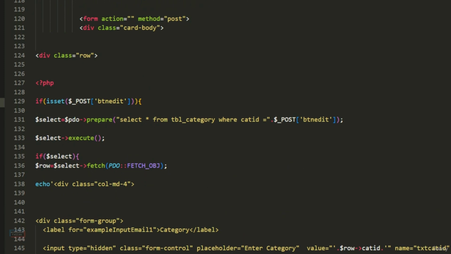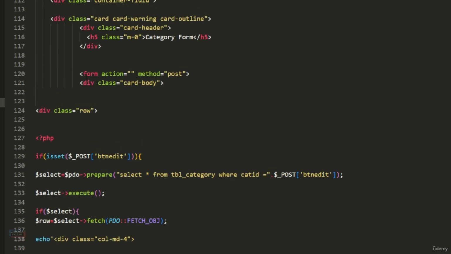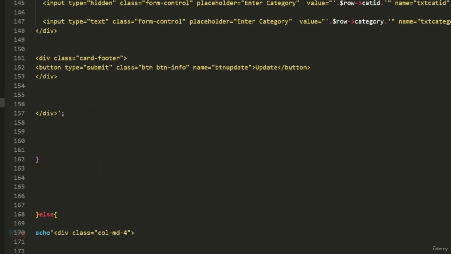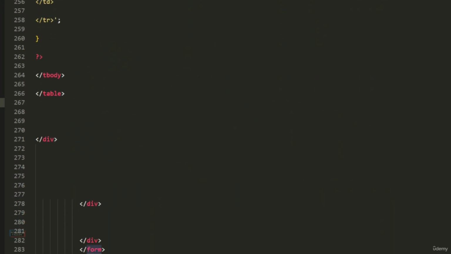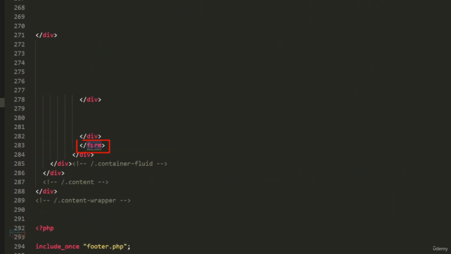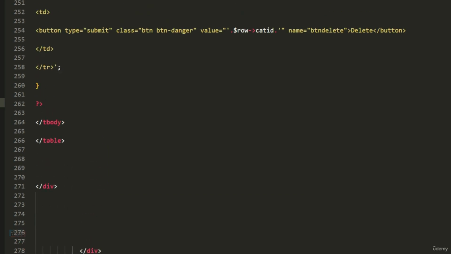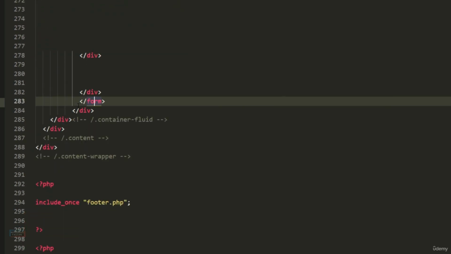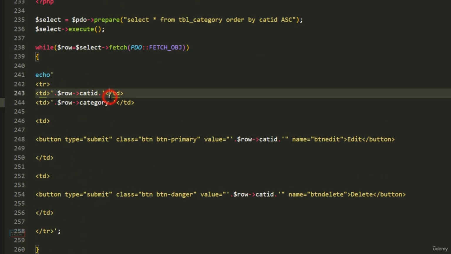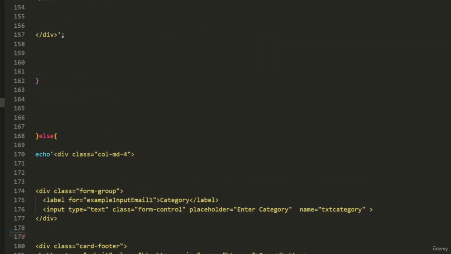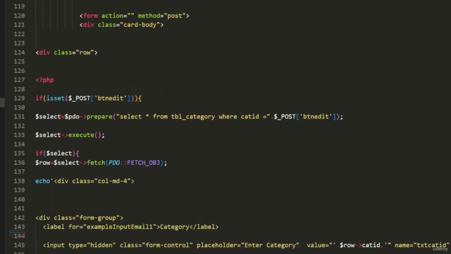And you can see here our form. You can see here form tag, it is just above our card body, and let's see the close tag of our form. You can see here close tag of our form is here after the table. Okay, so don't forget to add the close tag of your form after the table code. Okay, this is our table code. So let's go for our delete button code,